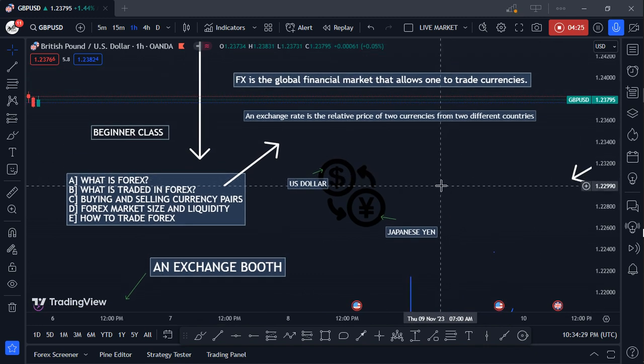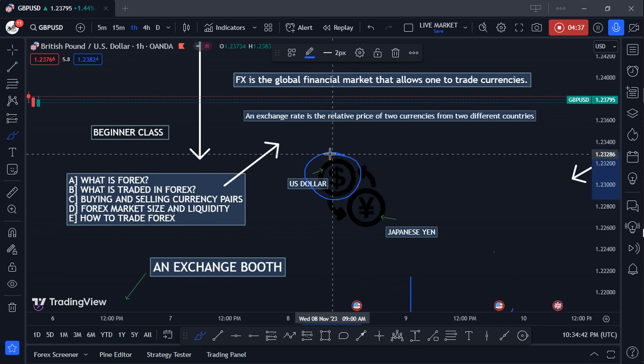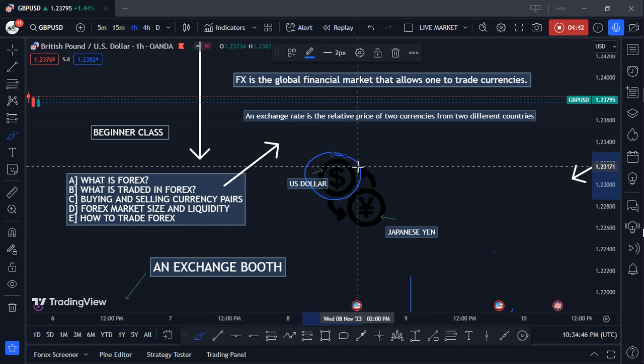They buy currencies hoping that they will be able to sell them at a higher price in the future. Let's say, for instance, you have United States dollar right now, and you're hoping that the value of the United States dollar is going to increase in the future. What you do is you buy the